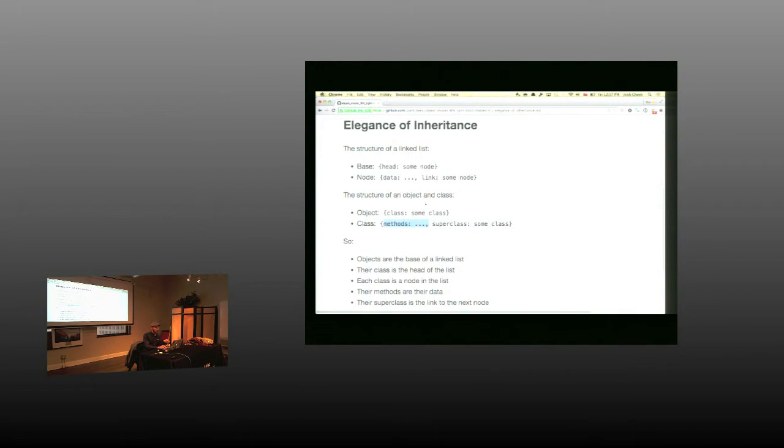And if we analyze the structure of this thing, what we discover is that they are the same. And so inheritance in Ruby is actually implemented through a linked list. So everything that you know about how to reason about linked lists, you can use to reason about method lookup in Ruby.